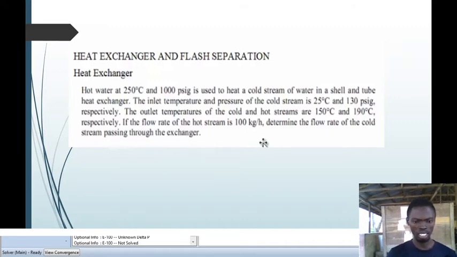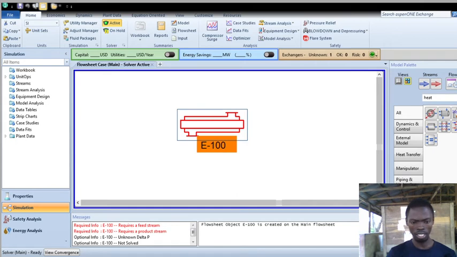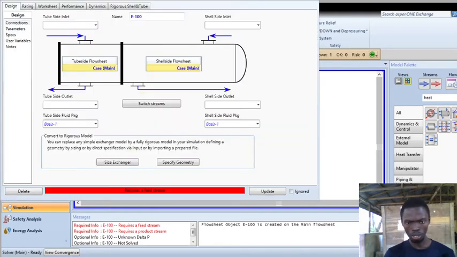Let's go to our ICs and then try and separate both this and this. Now look at it. Okay. Sorry, please hold on a little bit. Yeah. Now look at what you have here. Yeah, this one. You have the tube side. And I said earlier that the cold will enter it. So let's just name it from here.